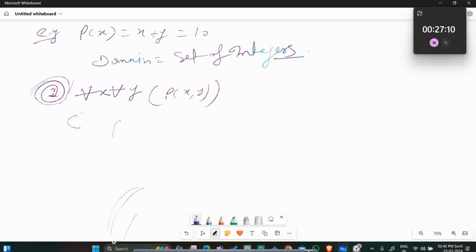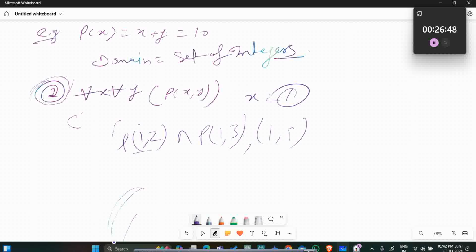So for all x, let's say x is equal to 1. So 1 comma 2, p of 1 comma 3, 1 comma 9 is equal to 10. No, so this is false, so the entire statement is false. Alright, next would be,